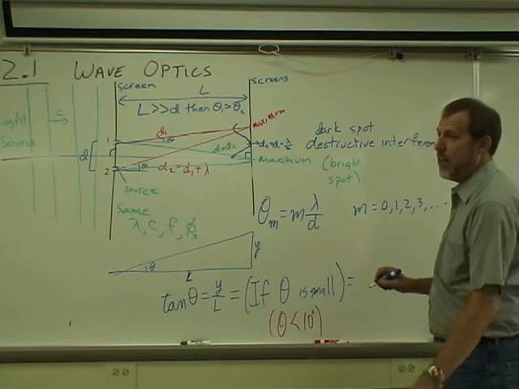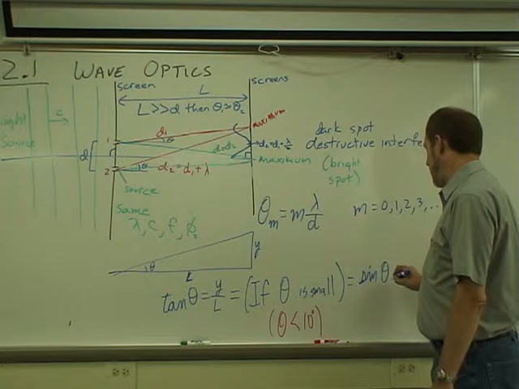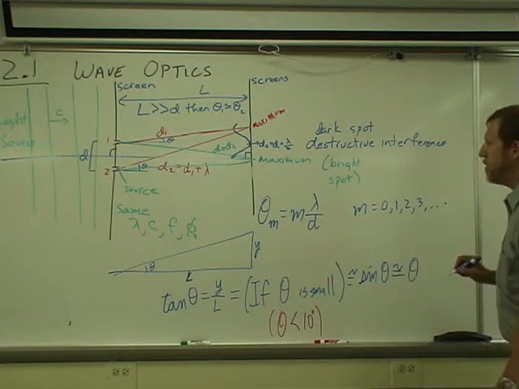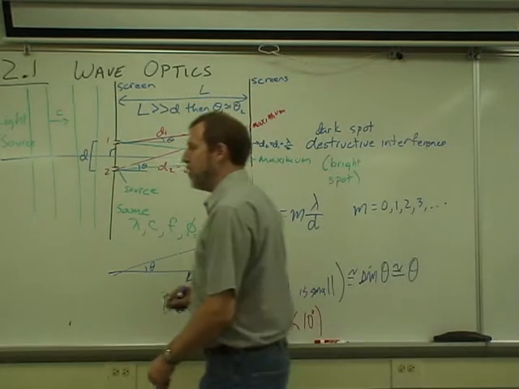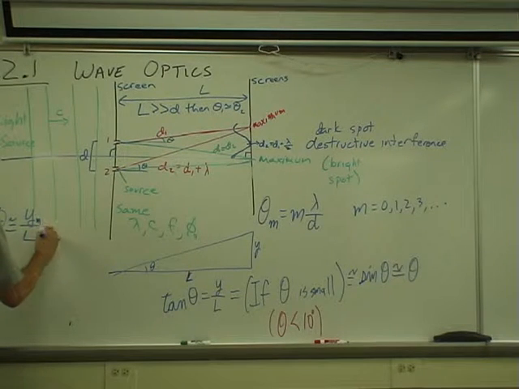The tangent of theta is pretty much equal to the sine of theta is pretty much equal to theta itself in radians. So, for the double slit, I could write theta is pretty much equal to y over L is equal to m times lambda over d, or